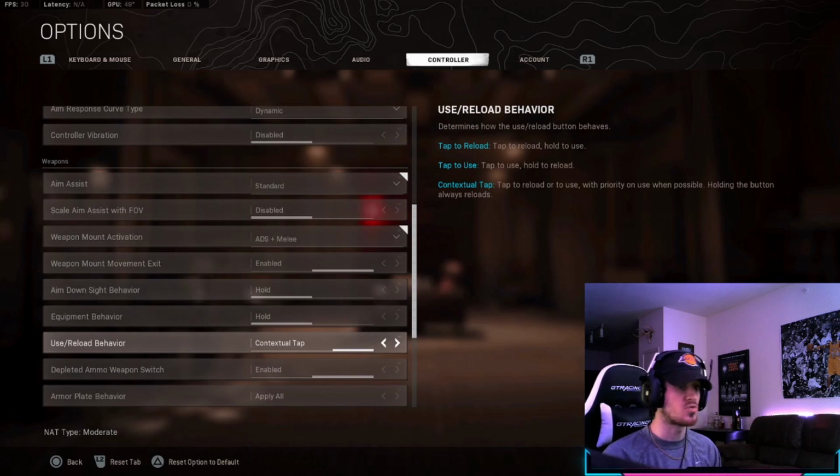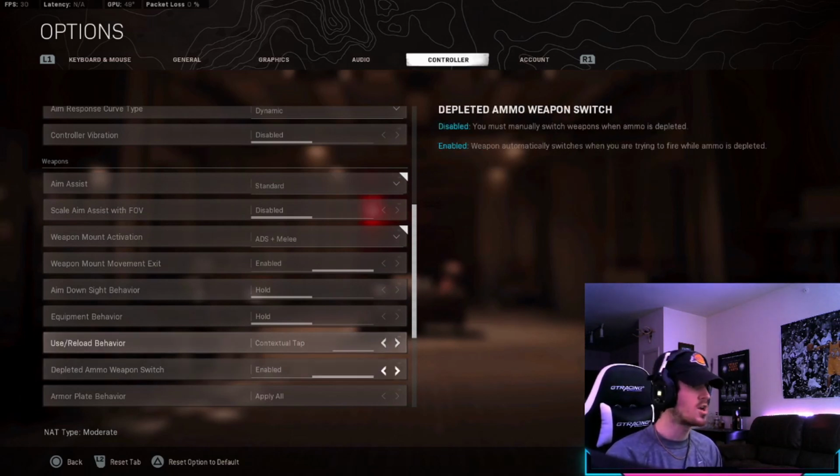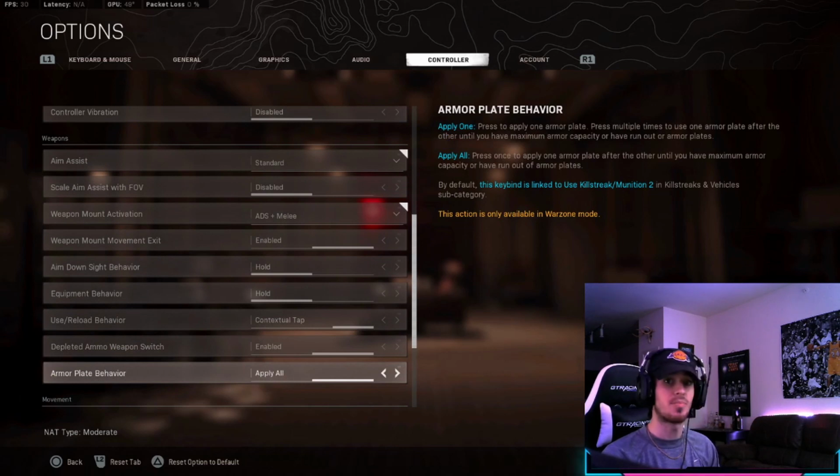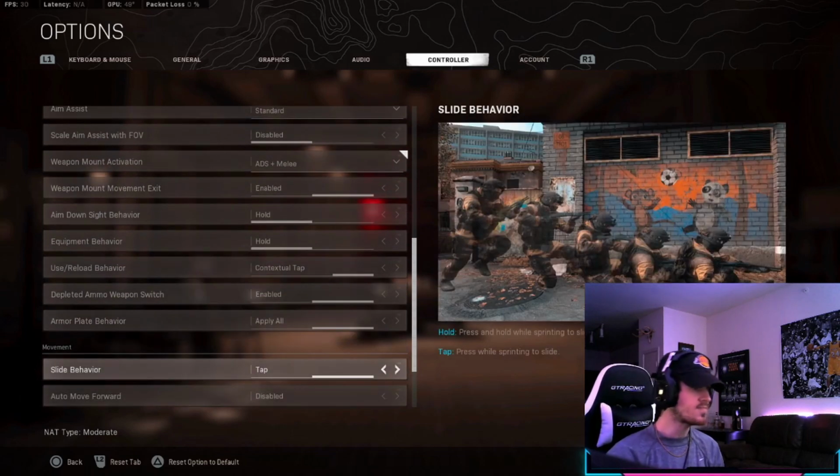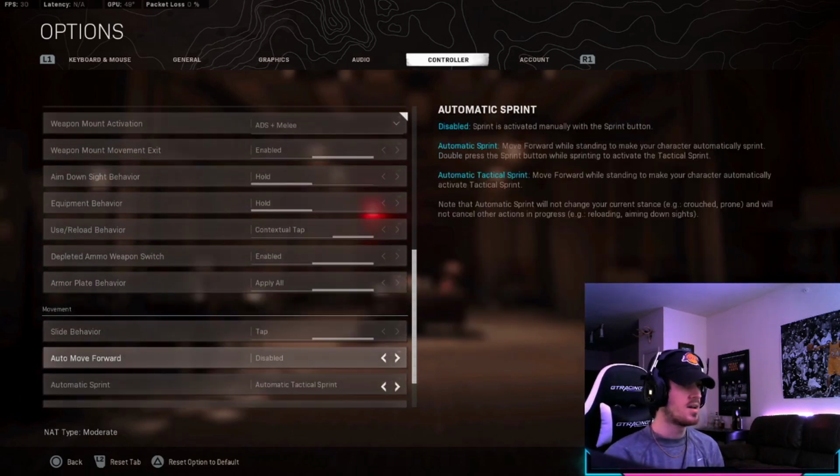Contextual tap on the use and reload behavior, guys. This way you're tapping and not holding to pick up stuff. That is huge. Armor plate behavior, apply all. That is huge. Whenever you're holding triangle, you want it to apply all your plates, right? You don't want to keep holding it for 3 plates. That is a huge one right there. So slide behaviors tap, automatic